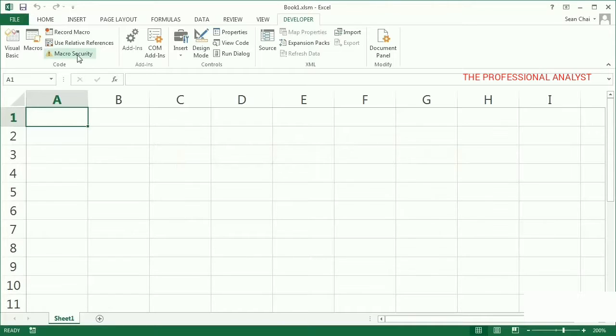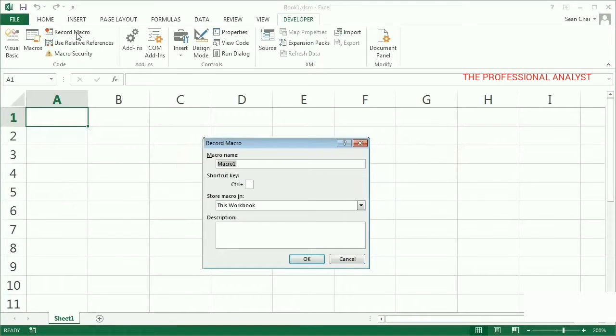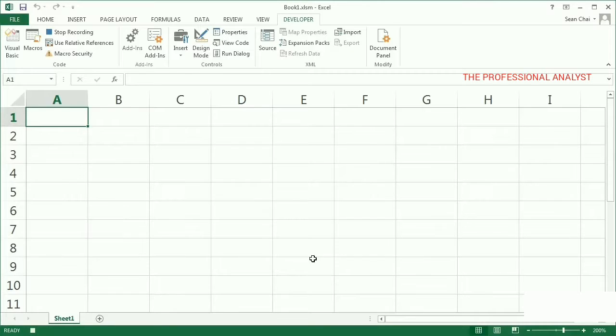I start the macro recorder and give this macro the same name as our original macro, fill days relative R. But this time, under Store Macro In, I choose Personal Macro Workbook and click OK. Just as quickly, I'll stop the recording because I didn't really need to record the steps, because I'm just going